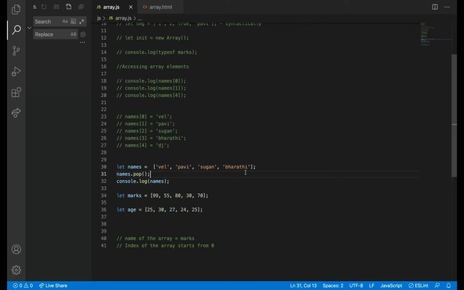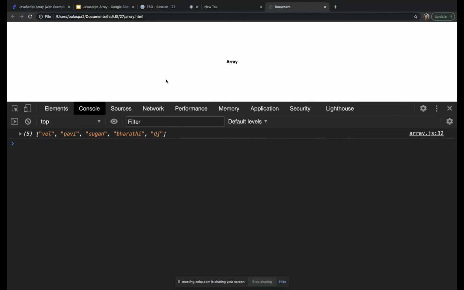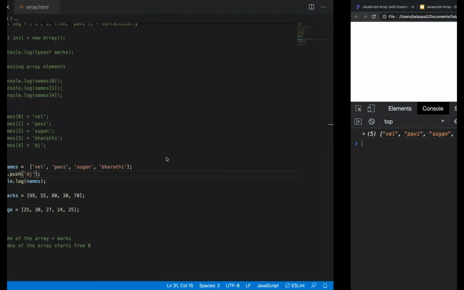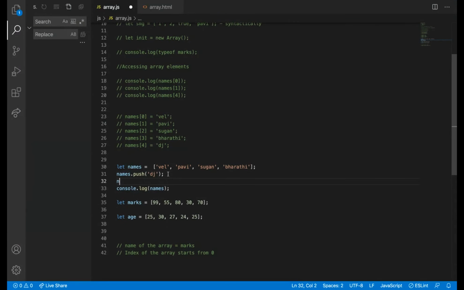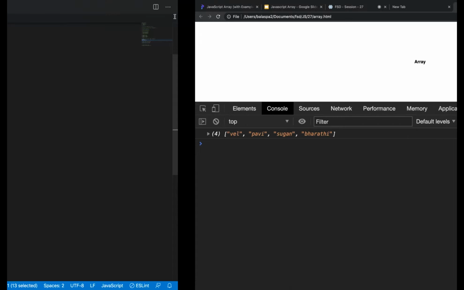But if I want to add a name here, so it got added. So whenever I use push, names.push, it added a name DJ, and then pop removes the same name from the array.